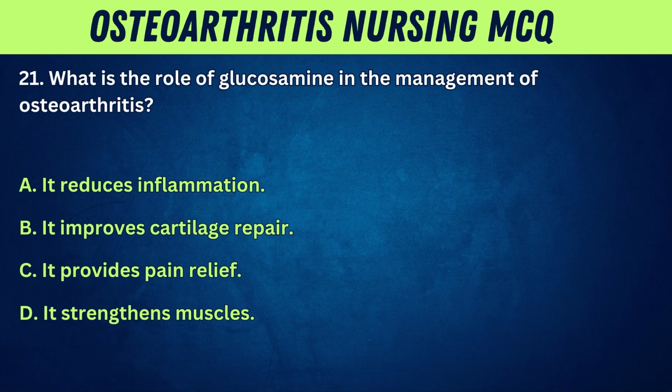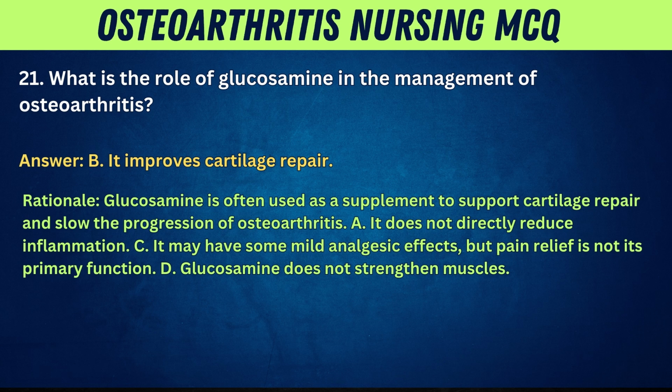21. What is the role of glucosamine in the management of osteoarthritis? A. It reduces inflammation. B. It improves cartilage repair. C. It provides pain relief. D. It strengthens muscles. Answer: B. It improves cartilage repair. Rationale: glucosamine is often used as a supplement to support cartilage repair and slow the progression